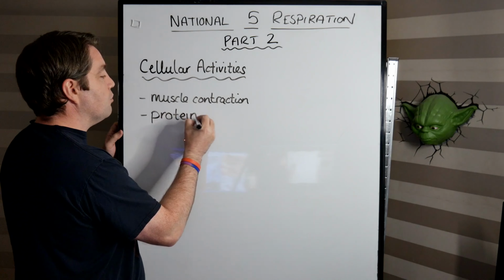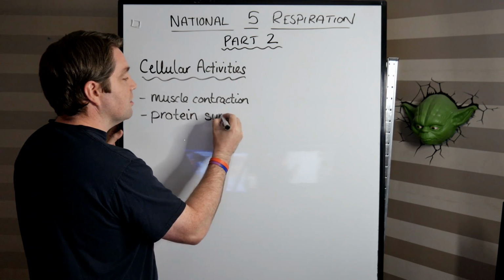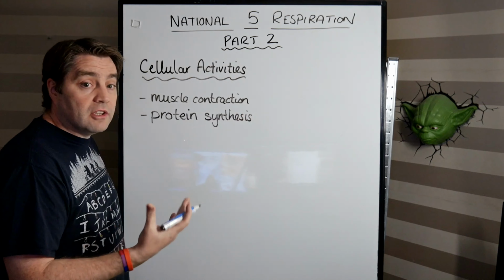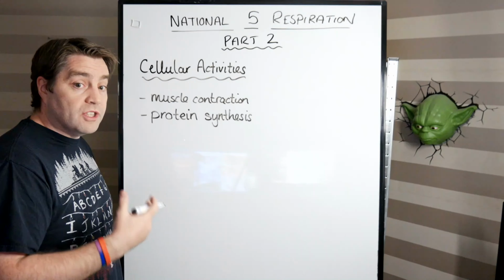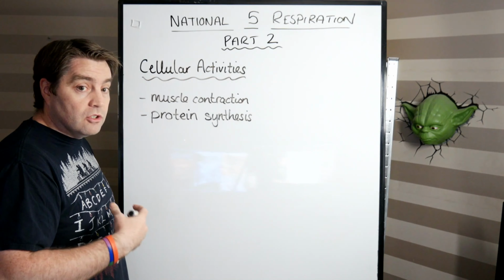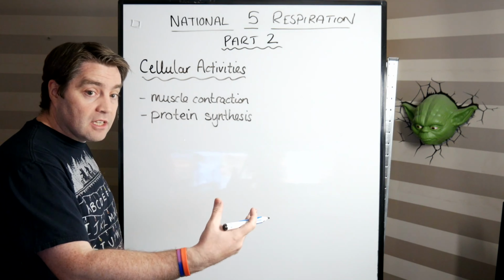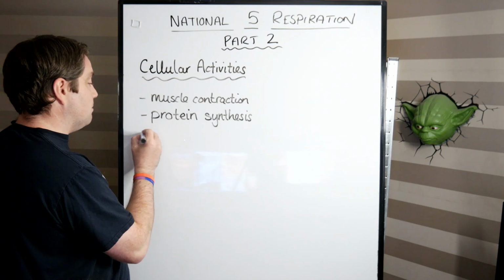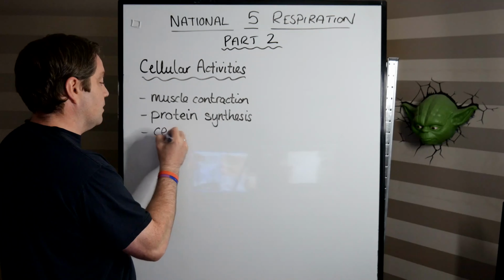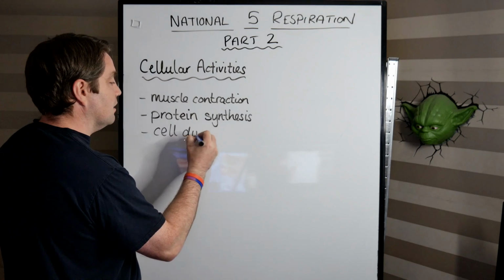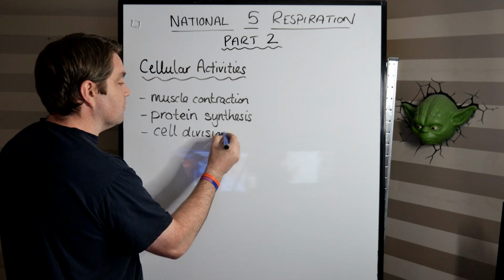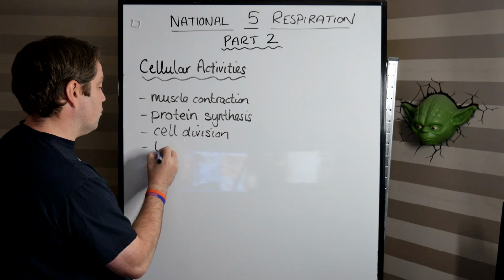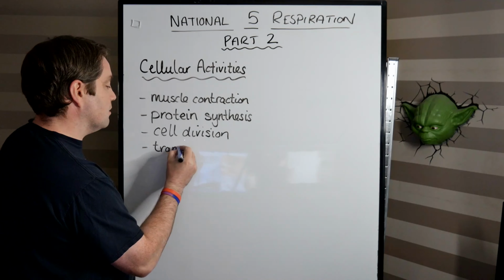Protein synthesis. So you have already learned about protein synthesis at this stage, and you learned a little bit about how we use the DNA to code for the amino acids which make up the sequence in a protein. Okay, so we need ATP for that process. We also need ATP for cell division. Okay, and lastly, for the transmission